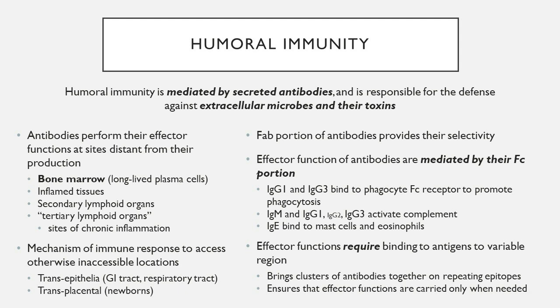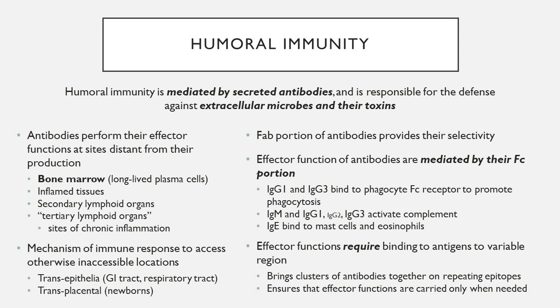Now, unlike T cells, which have to first be produced and then migrate to the site of the infection, the inflamed piece of tissue, and perform their effector functions, B cells and plasma cells don't have to do this. Right? So the antibodies are the ones that perform their effector functions at sites distant from their production. Usually we want to think of antibodies as being produced in the bone marrow. That's where the long-lived plasma cells that are developed through T-dependent activation are, but also inflamed tissues and secondary lymphoid organs, where